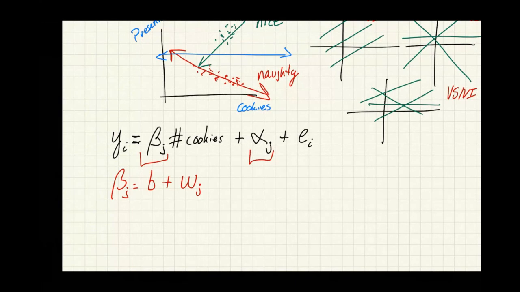And likewise, my intercept for each observation is going to be equal to some global term and some error for that group.